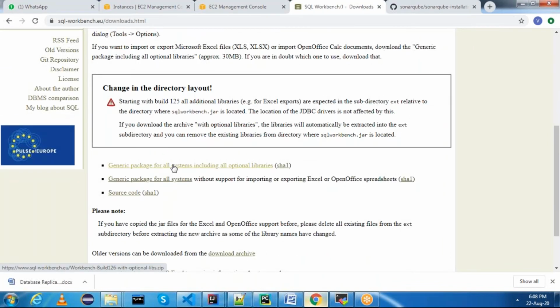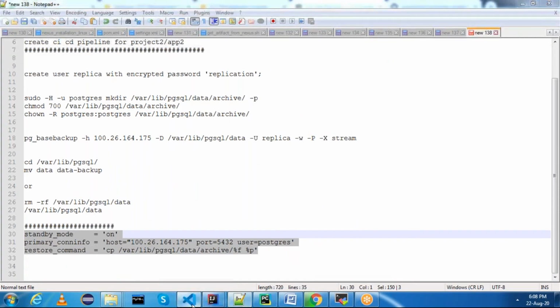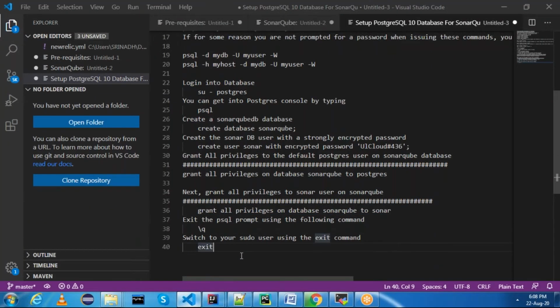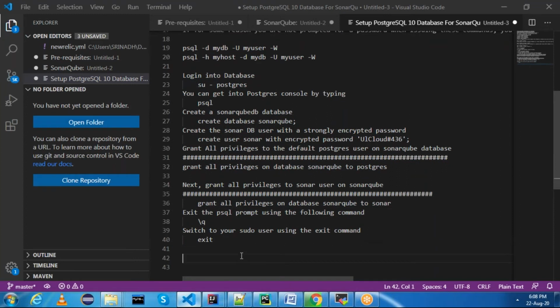Scroll down and click on generic package for all systems, including all optional libraries. Click on this. Once this SQL Workbench is downloaded, we can extract it and connect to the PostgreSQL database. But before that, just note down your username and password so that it will be easy to connect.